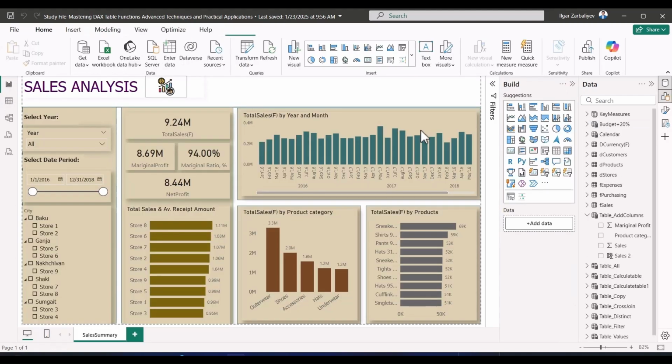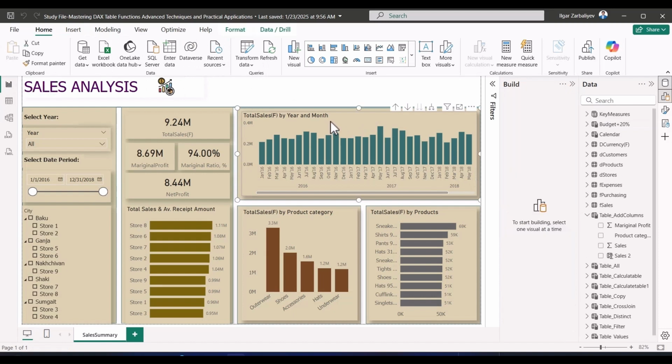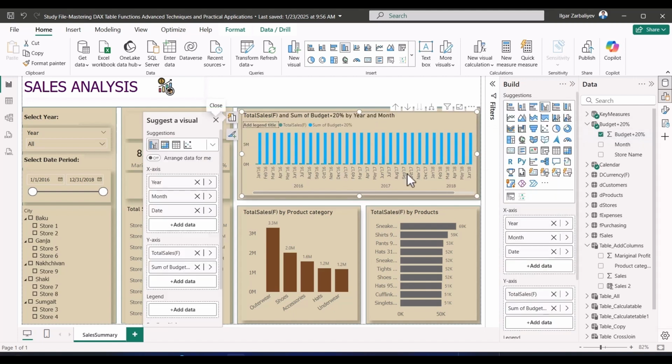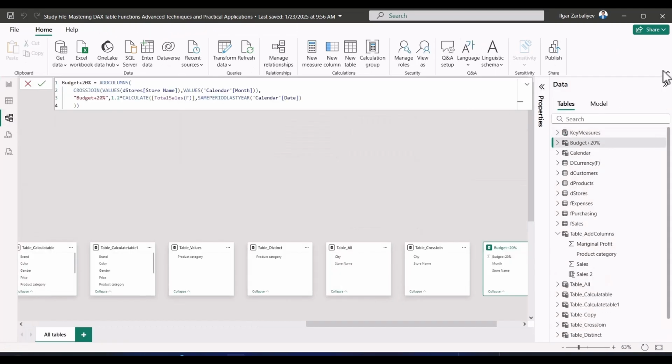So let's go to Canvas and let's select this and add this Budget plus 20% measure to this visual. However, since there is no relationship between the tables, the visual displays unexpected results. To resolve this issue, we need to connect the Budget plus 20% table with the relevant tables, these Stores and Calendar. So let's go back to our model view